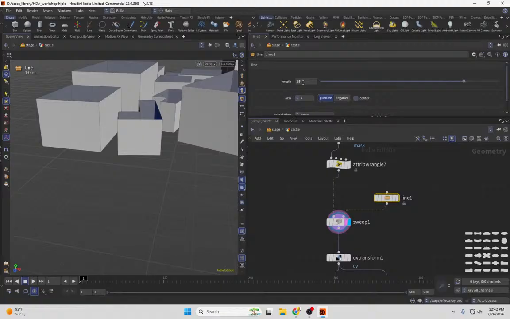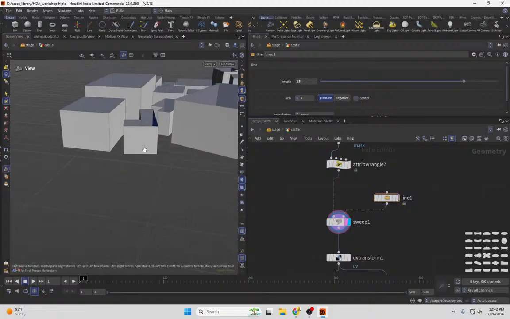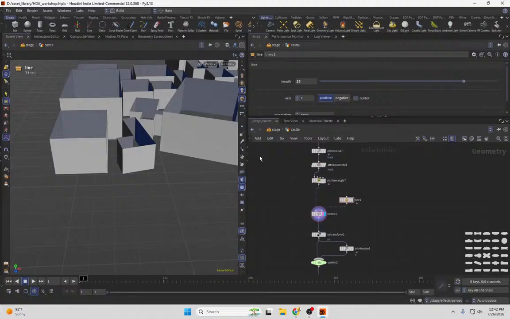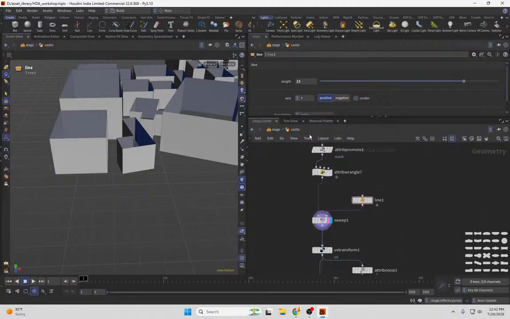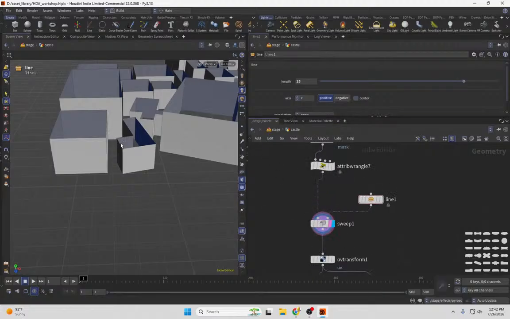What is that? 7.5. Yeah, 7.5. Okay. So the minimum value for these walls will always be 7.5, because